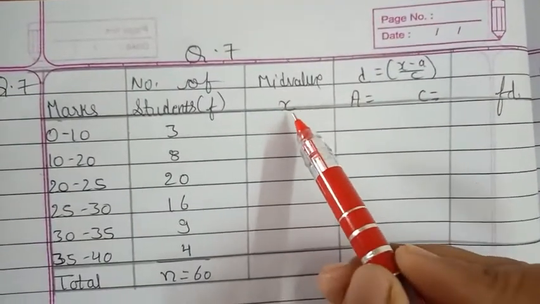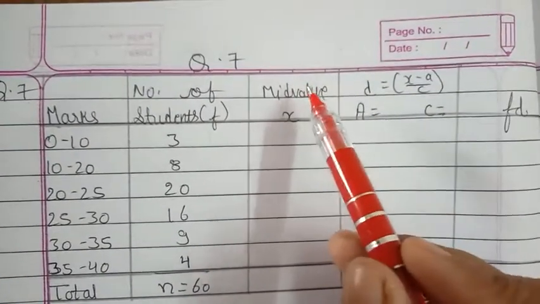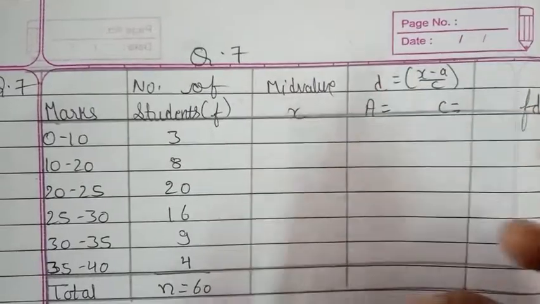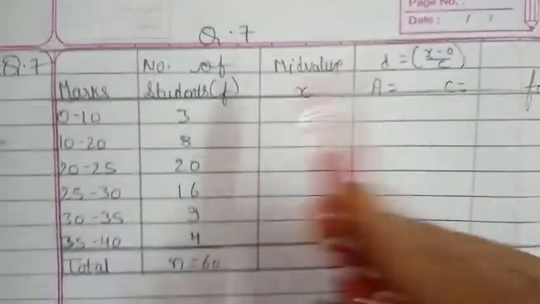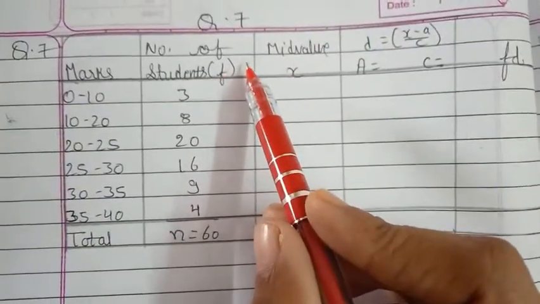Question number 6 is a graph, which we have to draw in the fair book, or you can stick a graph paper in your fair book for that. Question number 7.